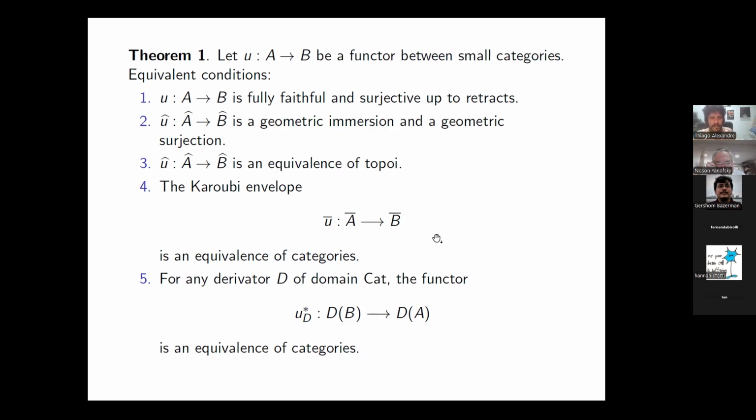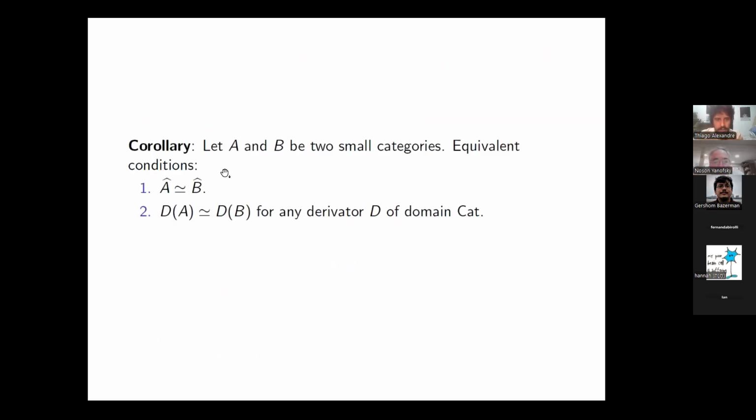So there is this interesting characterization of Karoubi equivalence of categories in terms of derivators. These are precisely the functors which have equivalent derived categories with respect to every derivator D. And as a corollary, we have that if A and B